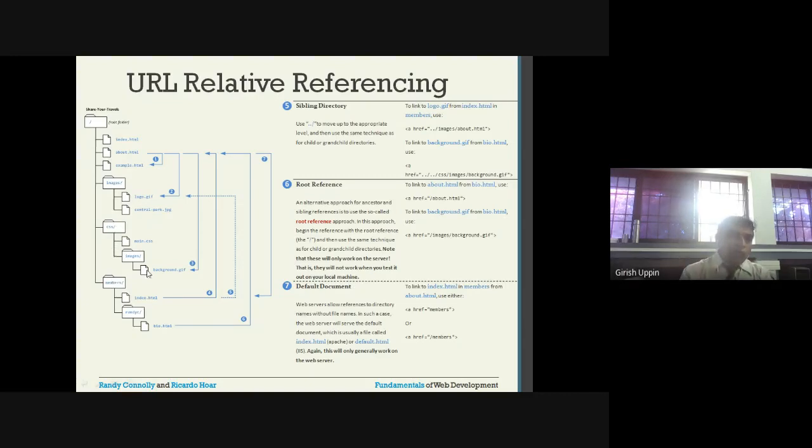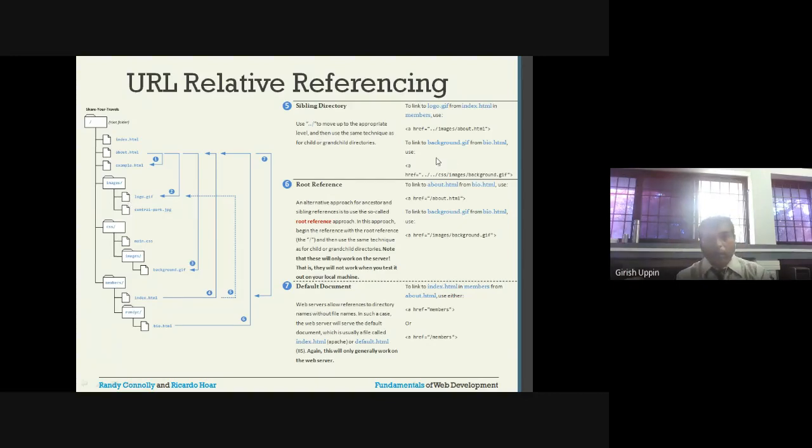From here, if I want to access logo.gif, first I should go one level above and then access images. What does that mean? Dot dot and forward slash. I will come to this level, then separate the folder: /images/logo.gif. That is how I can access it.